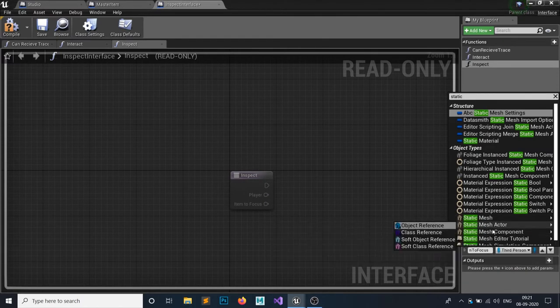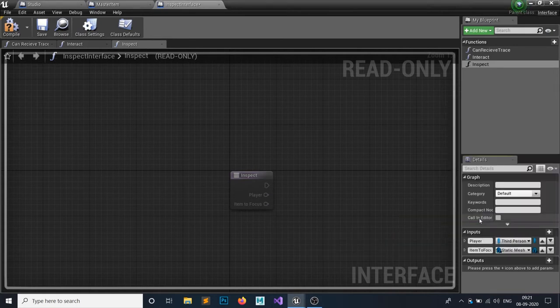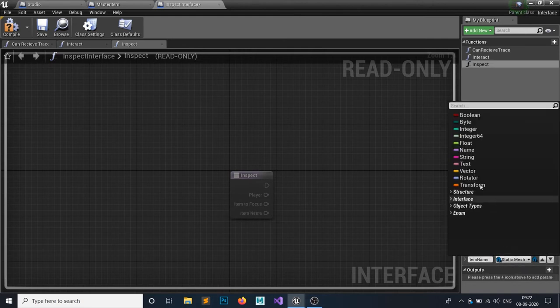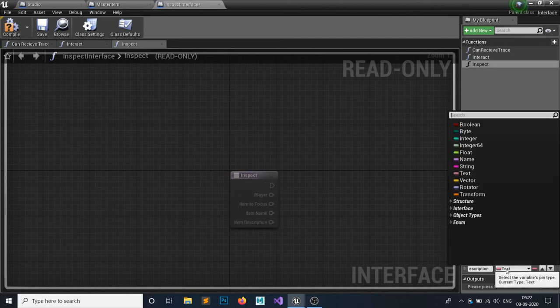Do not set a static mesh actor or components, set a static mesh object reference. Make sure you do that. Another is your item name, and this would be a text, and another is your item description, and this would also be a text.